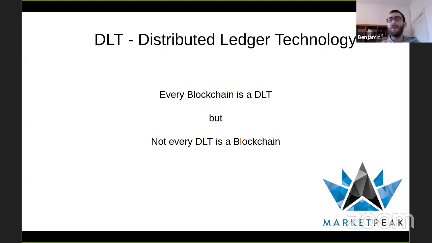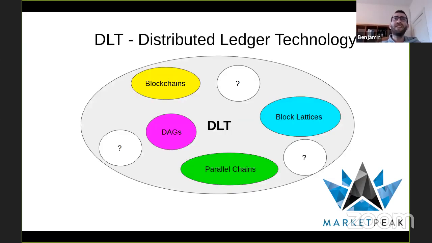Just as every bicycle is a means of transportation, but not every means of transportation is a bicycle. There are cars, there are planes and others. And this kind of relationship is the relationship that blockchain and DLT have. Blockchain is just one type, one idea and interpretation of DLT. But there are lots of others. And these others,